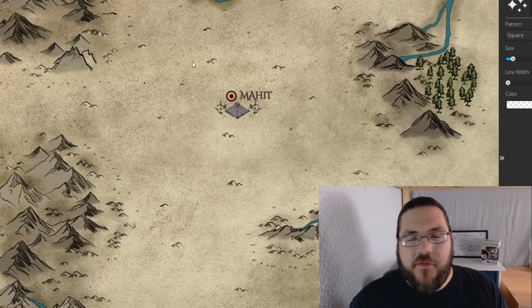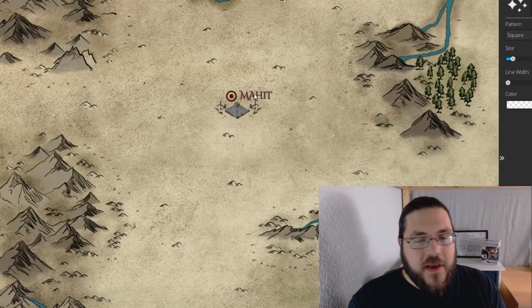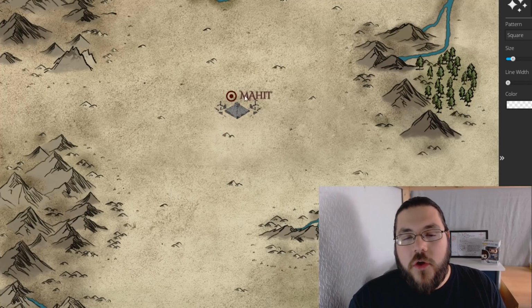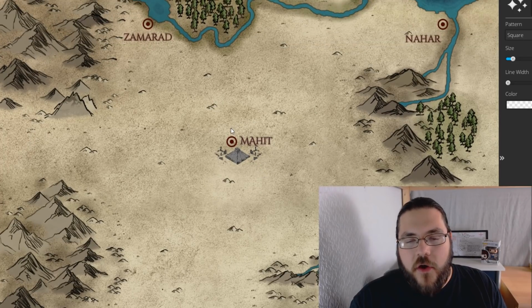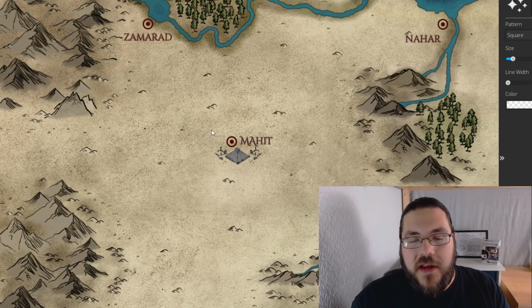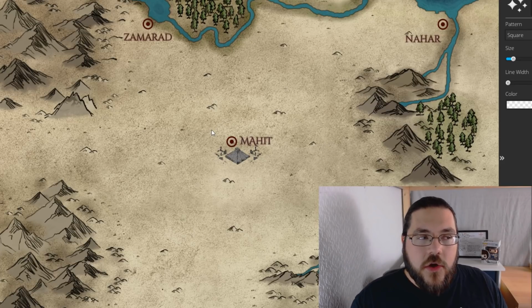Just above that, we have the city-state of Mahit, which is the city of the dead. This is where the Great Pyramid dedicated to Koros, the goddess of decay, is located, and it's where a lot of the priests of Koros go for their training. It's a massive pyramid upon which there are weekly human sacrifices, and within the city of Mahit is a church